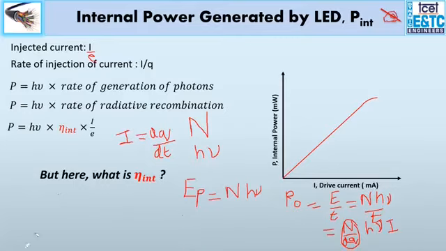So this will be giving us eta h nu. That we have here is h nu eta I, and we need to divide it by the charge of the electron to get your energy, since the energy is in electron volts. So this is what we get as the optical power, and you can see that the power is directly proportional to current, and hence you are getting a straight line of optical power being generated and the current in your device.